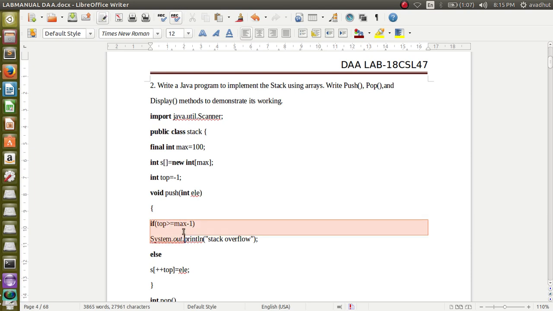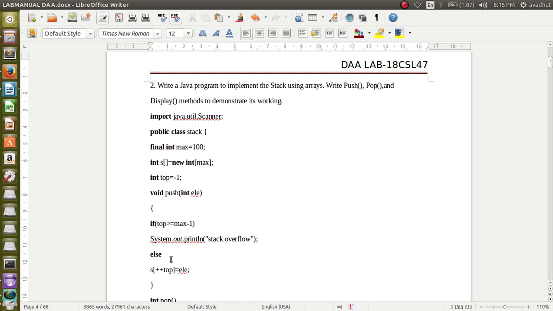To check whether the stack is full or not, this condition is used: if top is greater than or equal to max -1. What is max? Max is the maximum size of that stack. Max -1, then it is said that the stack is full. So stack overflow you are going to print.